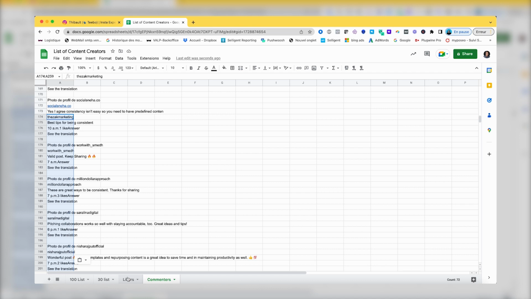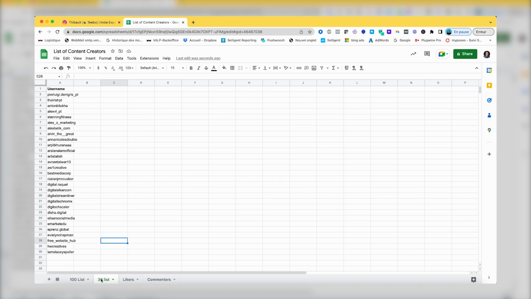Now we want to know who in these commenters and likers lists are from your content creators list. And if they are from this list, find out who is engaging the most with your post by giving a score to each account based on the number of likes and comments they did. Here is how to proceed. We will use a formula named COUNTIF. So go back to your list where you have the content creators you are daily engaging with, and here you will do equal